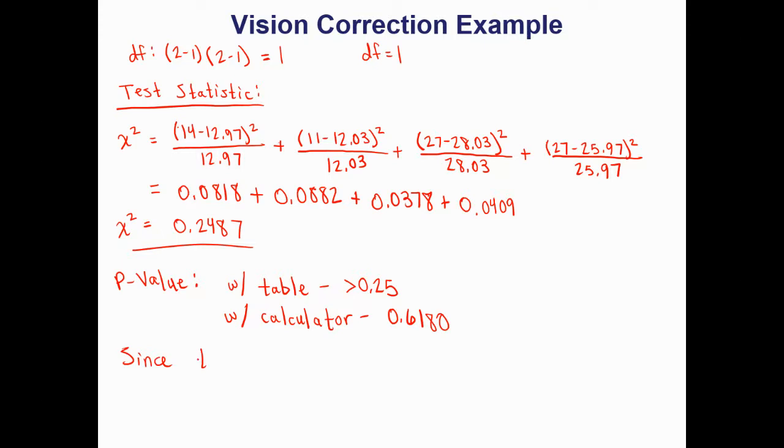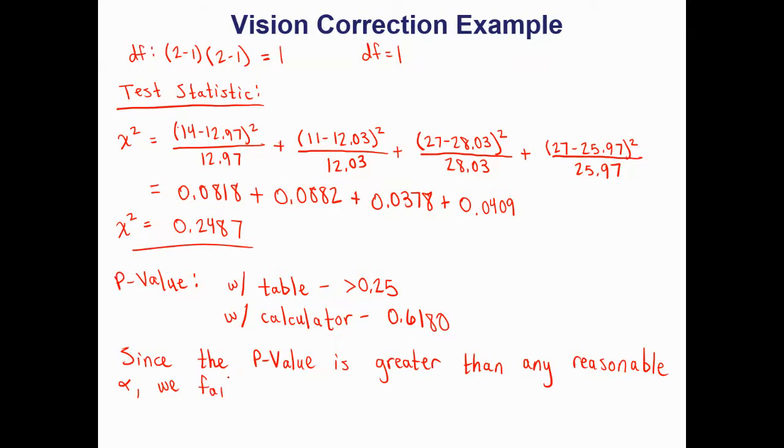Since the p-value, and I'm sorry if you're watching what I'm writing, there's a lag for some reason, since the p-value is greater than any reasonable alpha, we fail to reject